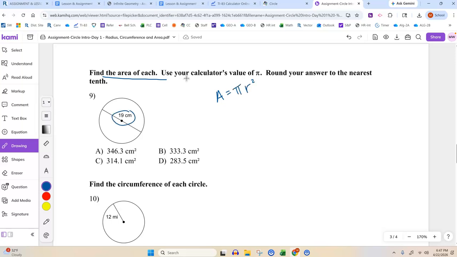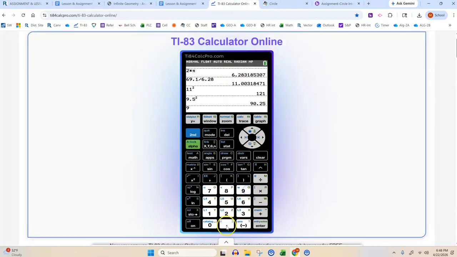Well, here what do we have? We have the diameter. That's not the radius. Diameter's all the way through. So we need to take this 19 and turn it into the radius, which is 9.5. Okay, so area equals pi times 9.5 squared. If we go to our calculator, we go to 9.5, square, enter,